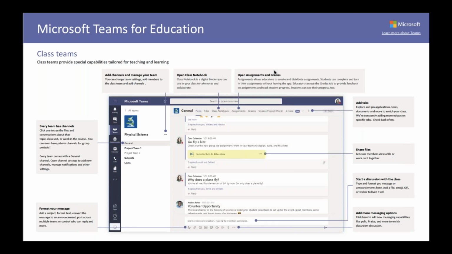Documents can be uploaded and are automatically saved into files. These can be viewed and collaborated and shared and downloaded. A really nice feature about the class version of Teams is the ability to have a class notebook. Students have access to their own private notebook, which can be used to detail and progress their learning and thought process. Assignments can also be set with deadlines and grades.